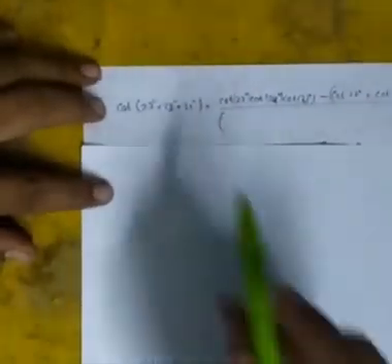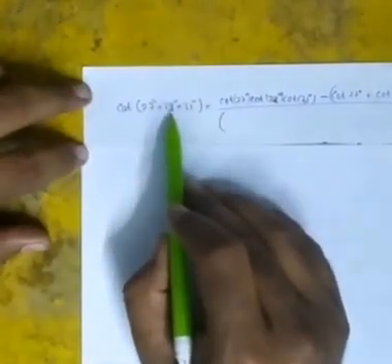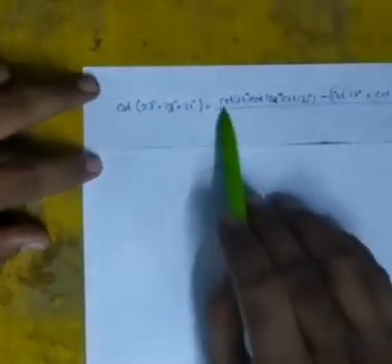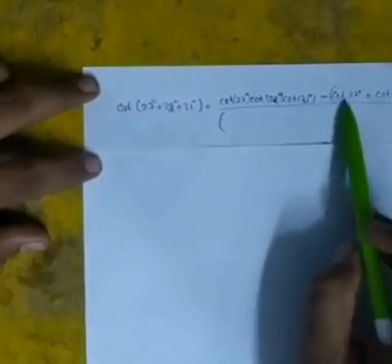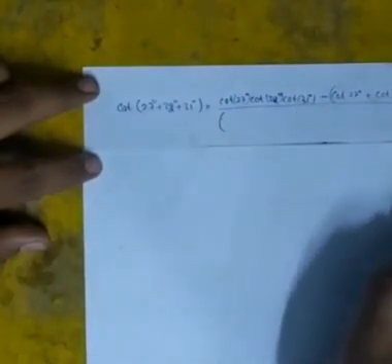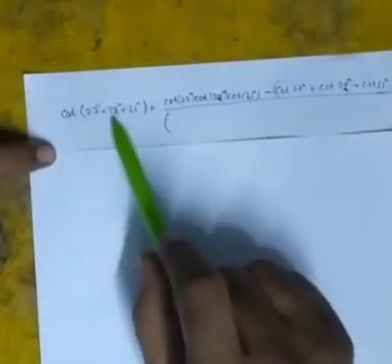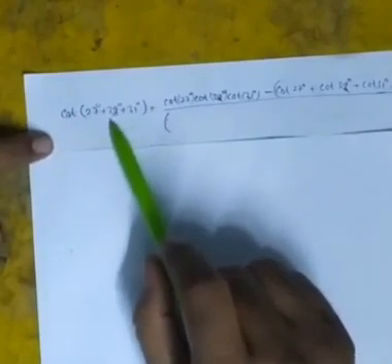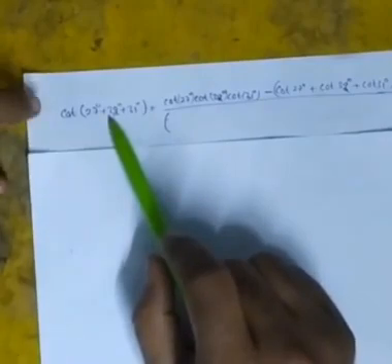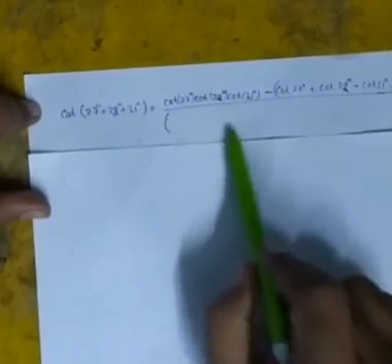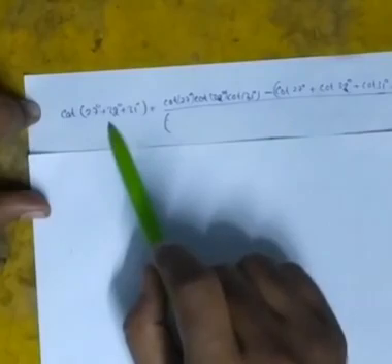Cot of 27 plus 32 plus 31. Expanding in that formula, cot 27 into cot 32 into cot 31 minus cot 27 plus cot 32 plus cot 31. I am not writing this denominator term, because on the left side it will become cot 90, which is 0, because tan 90 is infinity. So cot is 1 by infinity, which is 0. And this denominator term, when taken to the left side, will multiply with 0. The total becomes 0.